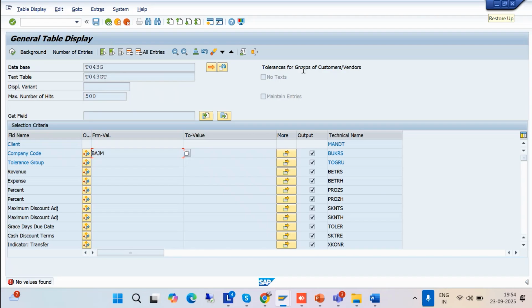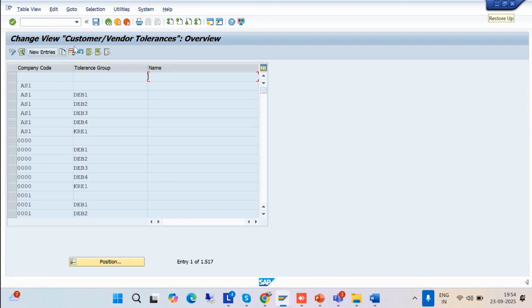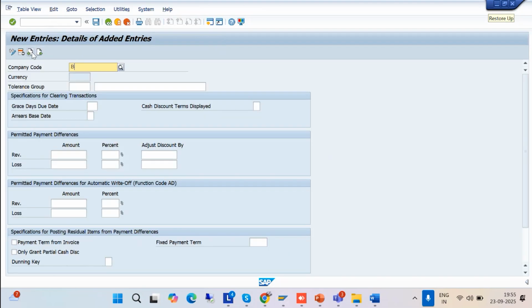So what is the tolerance? We have to give the system some limit, from this limit to this limit, that it should allow. We have to give minimum amounts. How do we give it? I will let you know. /n OBA3 is the transaction code. If you see here, customer vendor tolerances, we have to give for our company code BAJM,